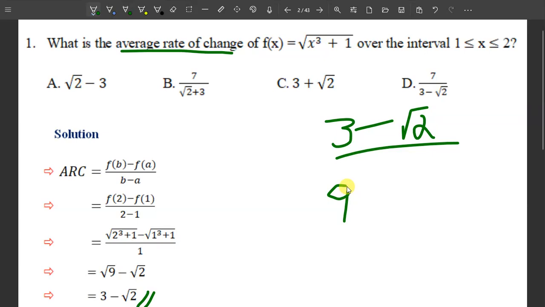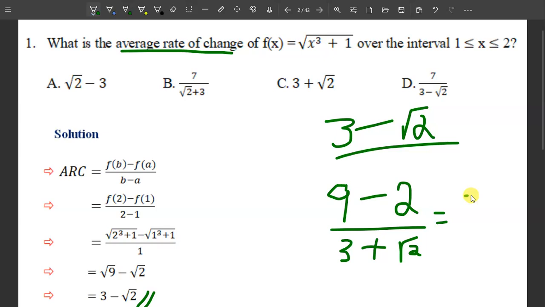When you square 3, it becomes 9. Minus, square this one, radical 2 squared becomes 2. Just put it over and then write these two numbers, like this one, plus 2. And then instead of writing this minus, put plus in between. That is rationalizing the numerator, which is going to be 7 over 3